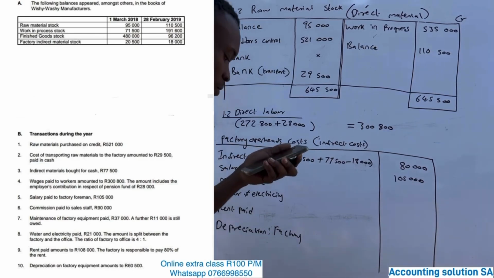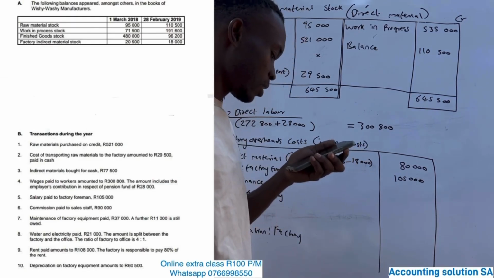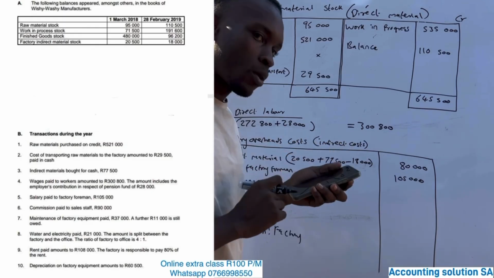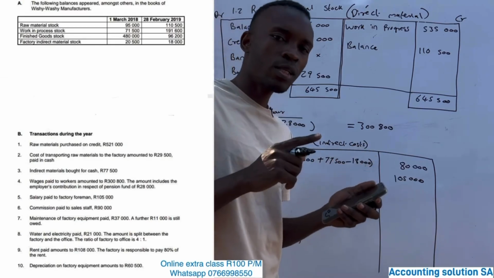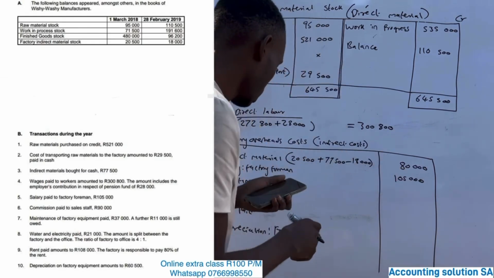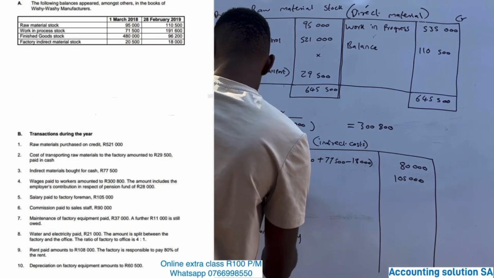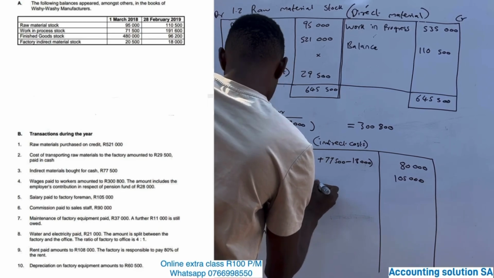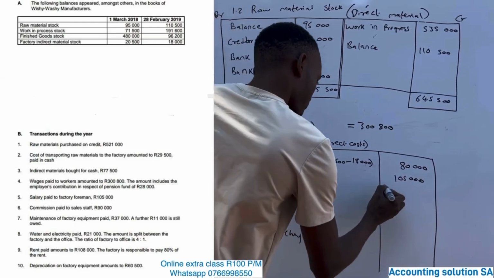number 7, maintenance of factory equipment paid 37,000, and a further 11,000 is still owed. What do we do if the other amount is still owed? We apply the same principle as the income statement. If it's not yet recorded, we must add. If they recorded it for next year, we must subtract. Okay, then maintenance, we're going to say 37,000, and the one which was still owed of 11,000. Okay, we're going to get